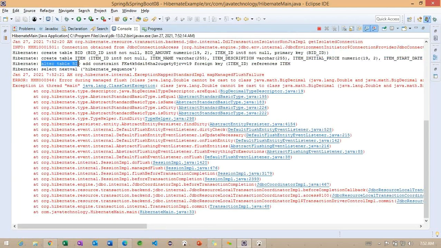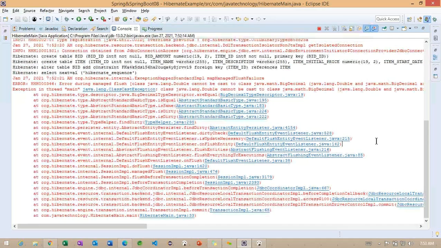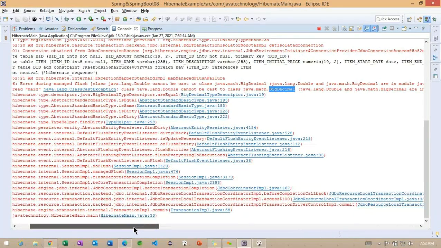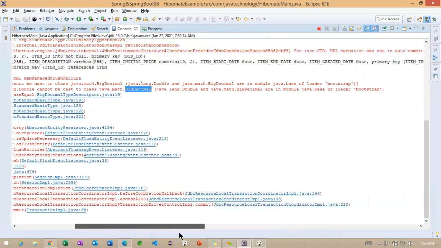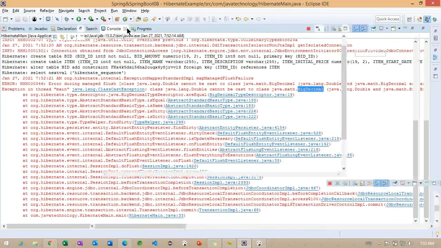And so what we are doing here, we are trying to make some constraint here. So they are getting a sequence here. But now we got an exception. Let me change where we are getting this BigDecimal, double cannot be cast to BigDecimal. Okay, got it.